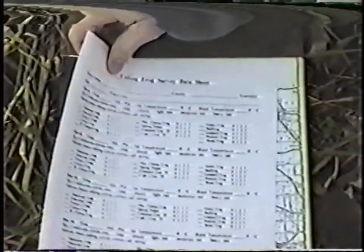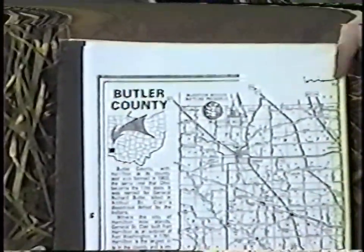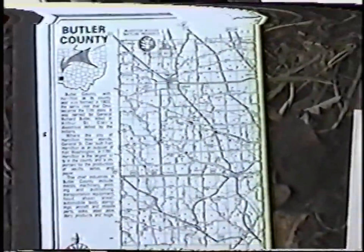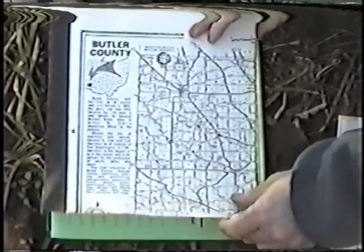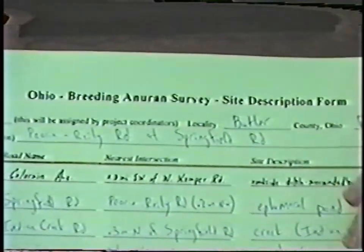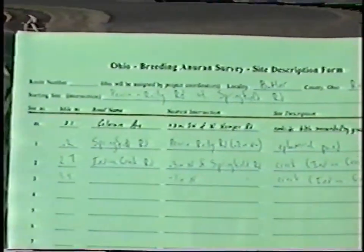You need to take this data sheet, Calling Frog Survey data sheet. You need to take your map with your sites listed on it. You also should take your site description form. This should have the exact location of each of your sites. You also need to take